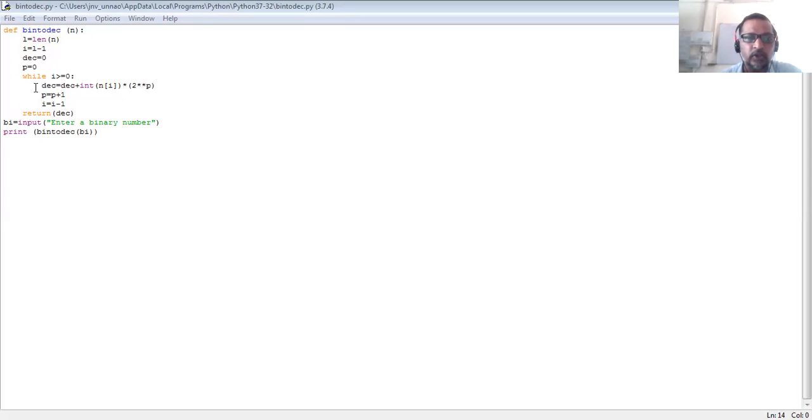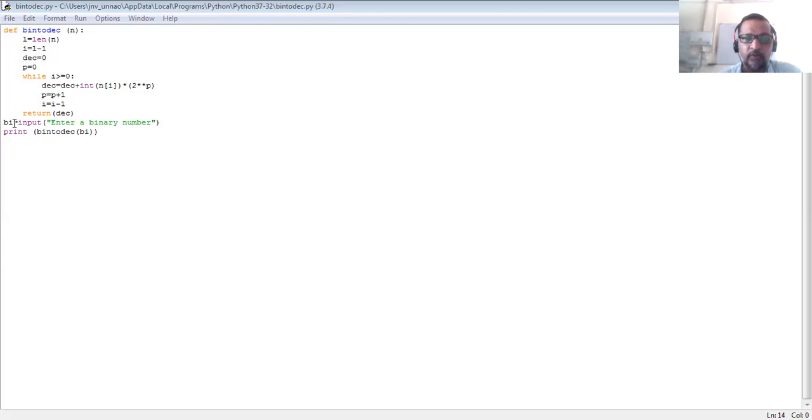The p value is 0. Next time p will increase and I will decrease, and we will go up to index 0 and calculate the equivalent decimal value. Then the function will return the decimal value.